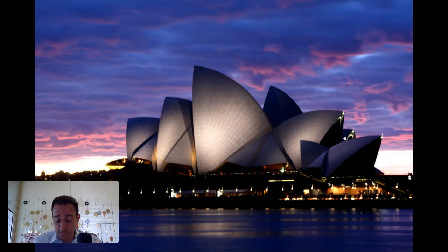Okay, the last project, which is getting us up to 1973, is this building, which undoubtedly is recognizable to all of you. Which is the Sydney Opera House. The Sydney Opera House is really the first of 2 buildings that we consider to be part of